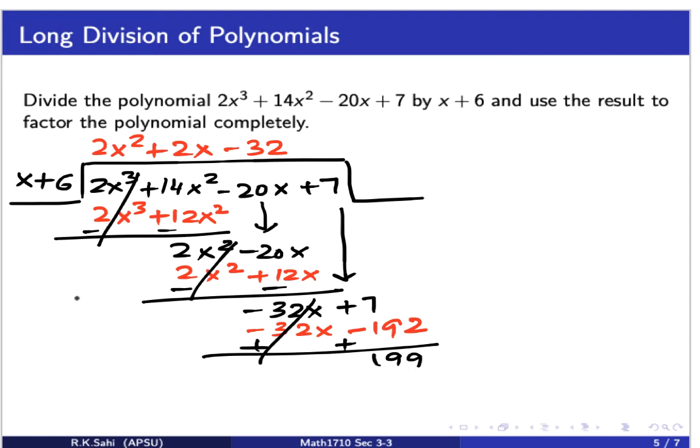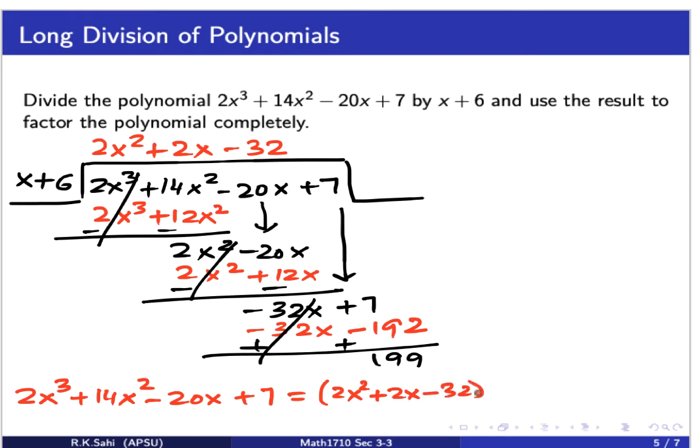Now how do we write this problem? So this is important for us. The problem that was given to us was this, this is the dividend, 2x cubed plus 14x squared minus 20x plus 7. Now that's the dividend. Now this is equal to, you multiply the quotient with the divisor. So we get 2x squared plus 2x minus 32 times x plus 6